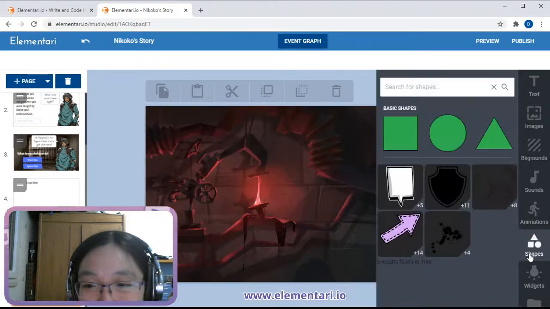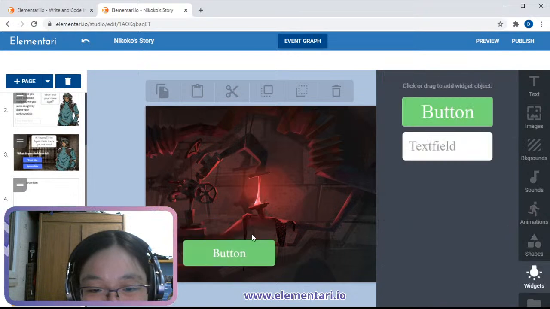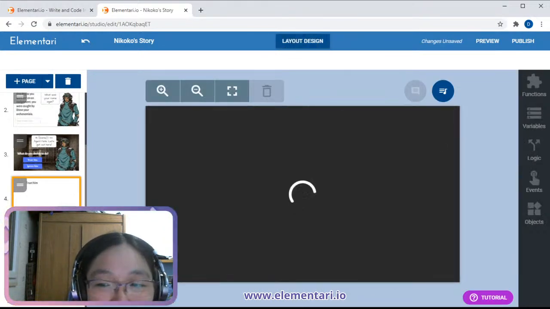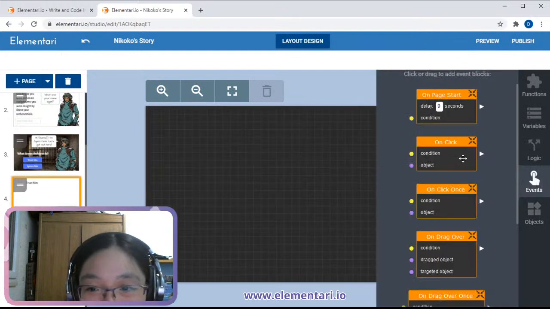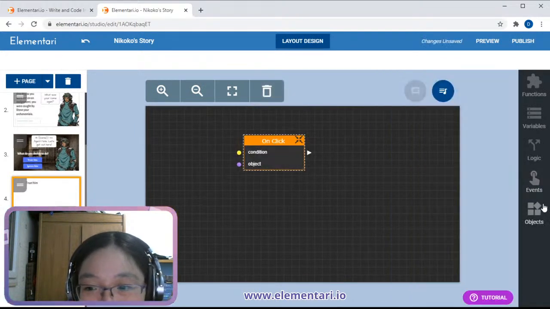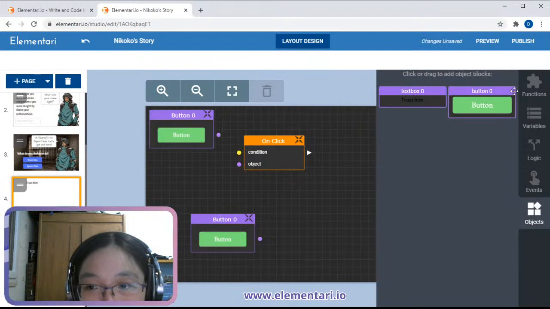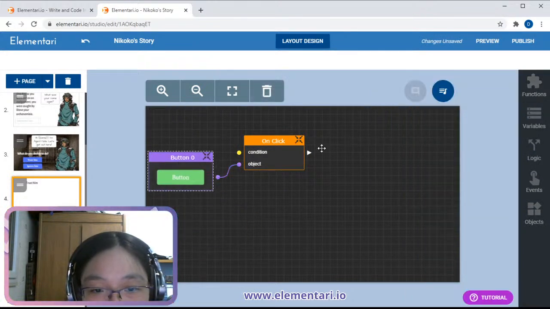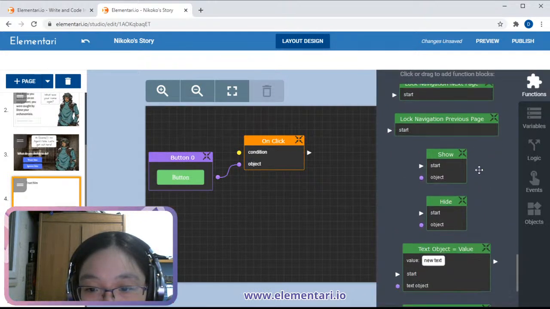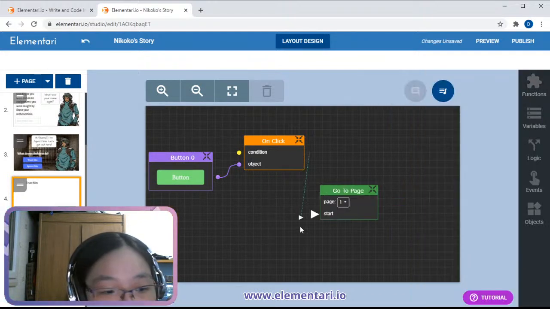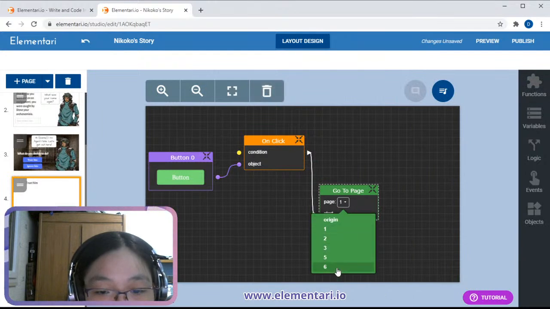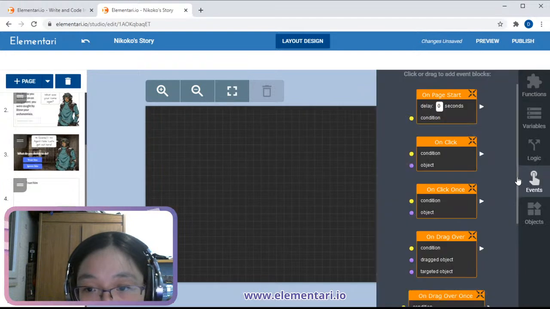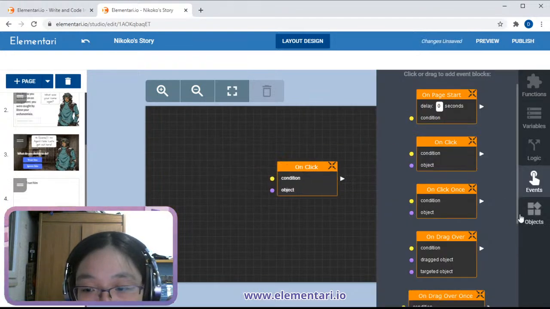I'm going to add a button for all of them. For example, in the trust him one, I'm going to direct the reader, on click, to go to a different page. Go to page, and I'm always going to go to page 6. And this one is the same thing. I'm always going to go to page 6.